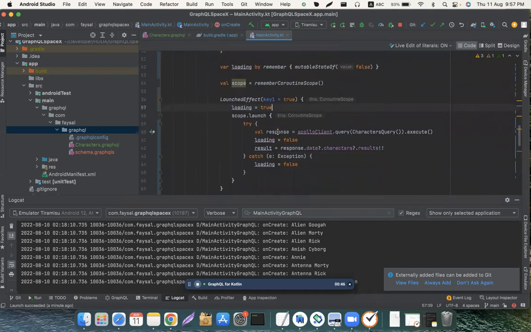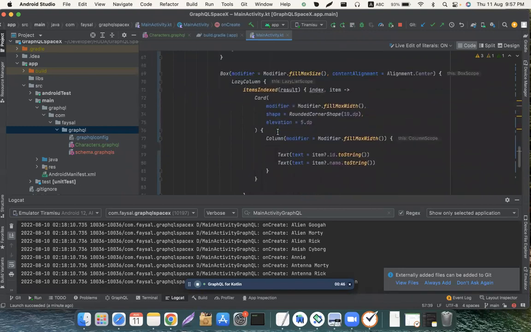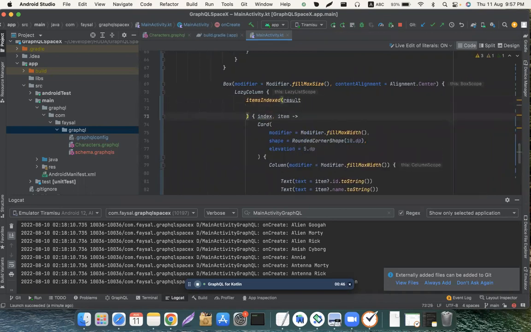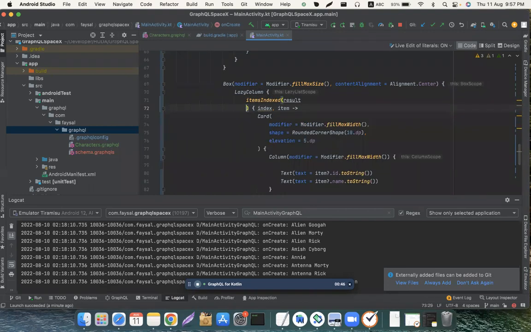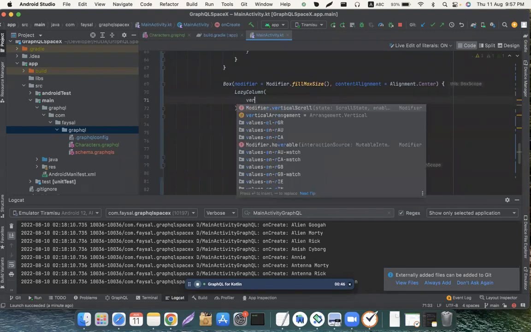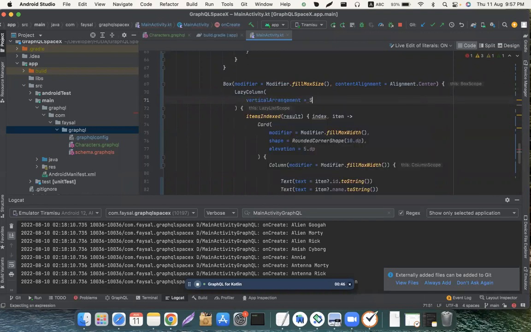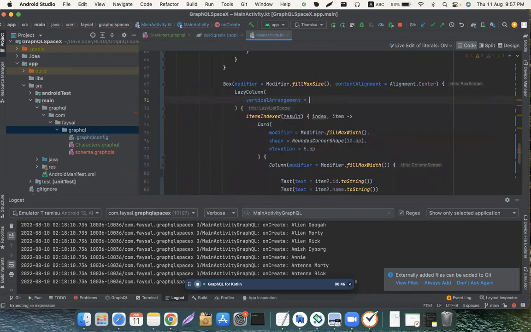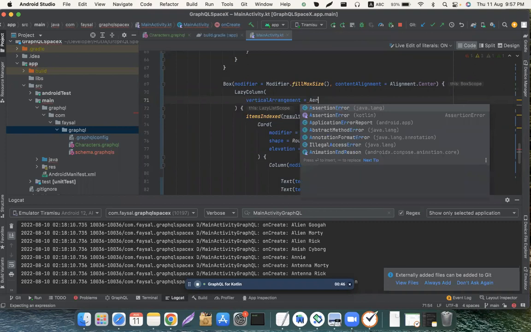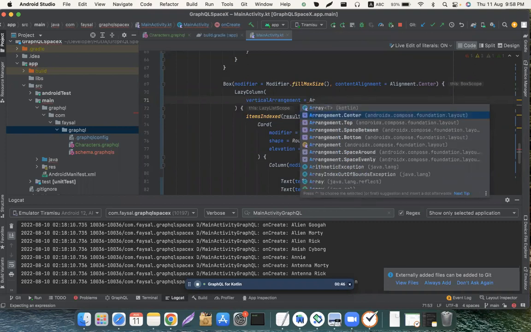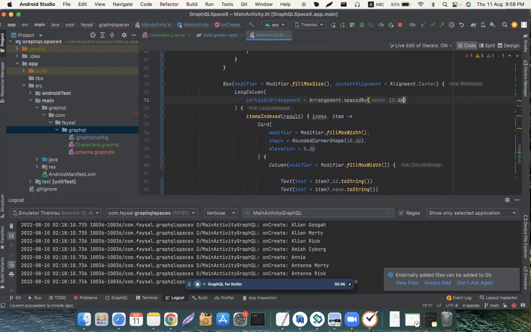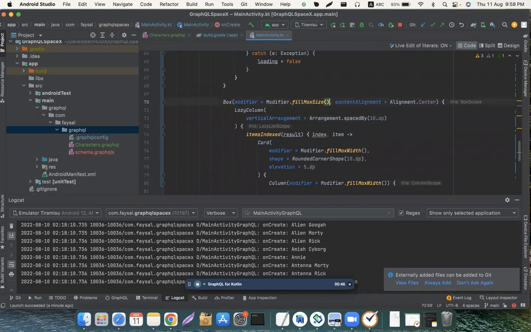Also, let's add some padding in the vertical lazy, vertical. Not here. Vertical arrangement, space by arrangement. Arrangement dot space by 10 dp. Also, I'm adding a little bit of padding